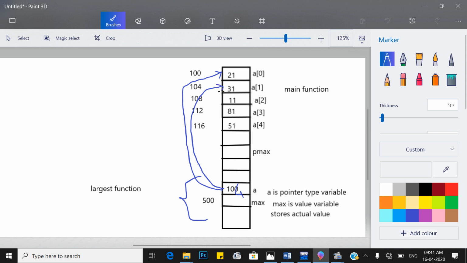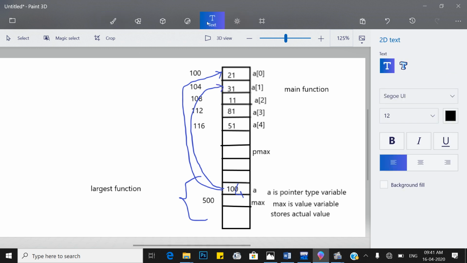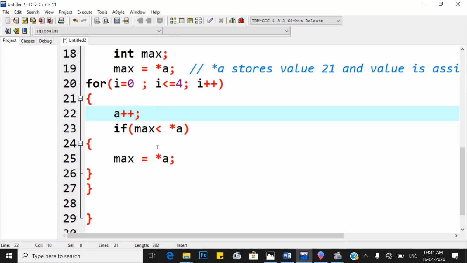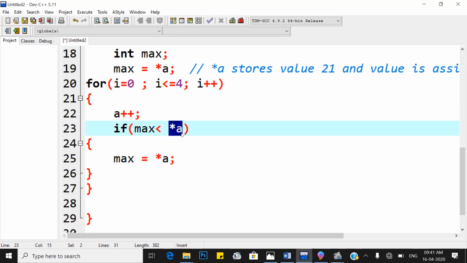So pointer a now gives you the value 31, and max is 21, the initial value.